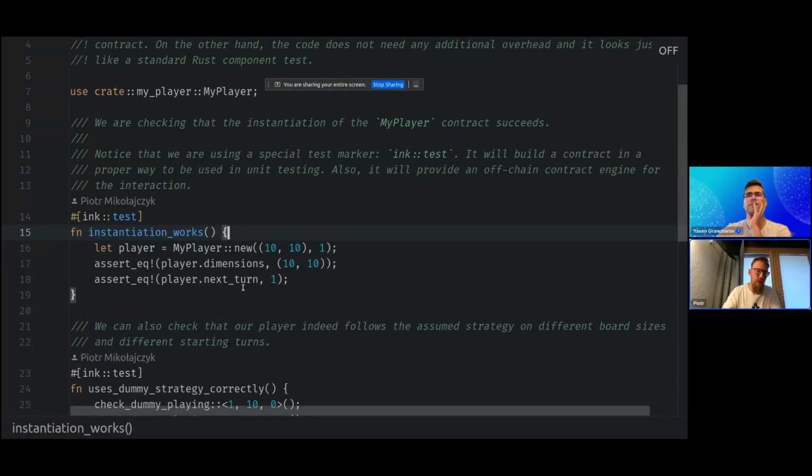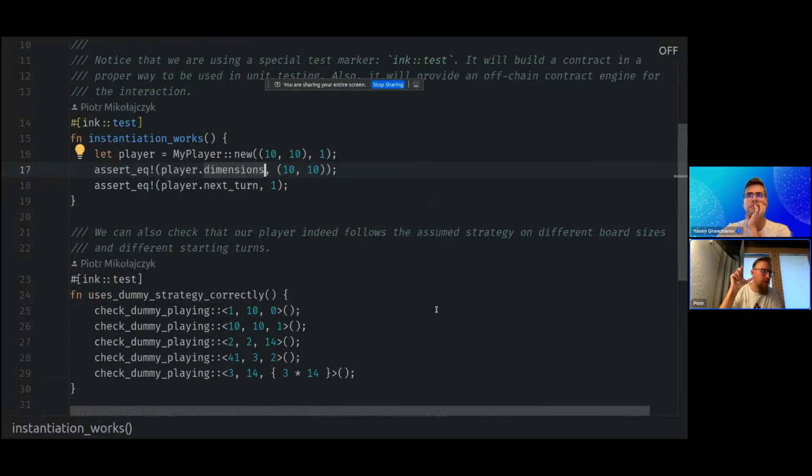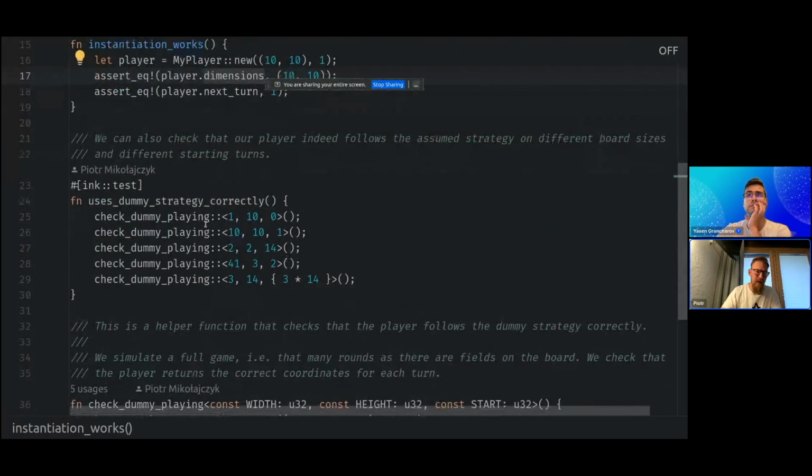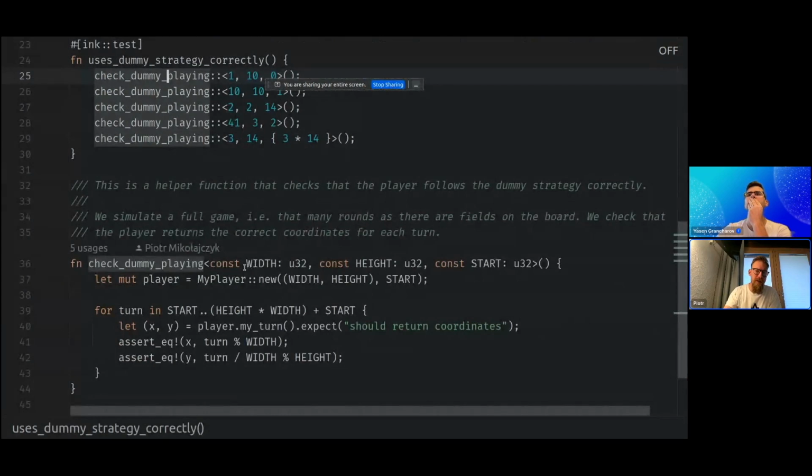So here we are just creating a new object of the type my player, and then we are asserting that its inner data is as expected. And the second test that we can do is actually testing this one single public API method that will return coordinates for the consecutive turns. Now I have some auxiliary method, check dummy playing, which will just take board size,